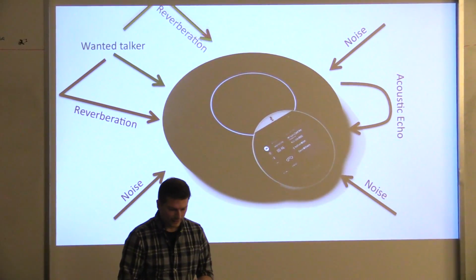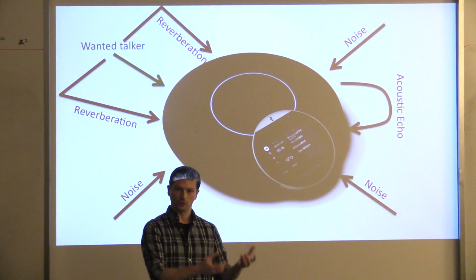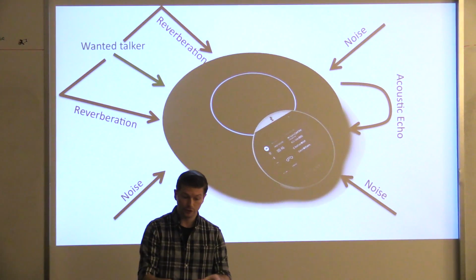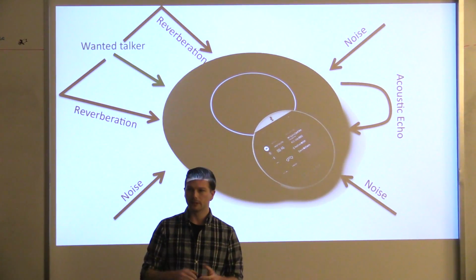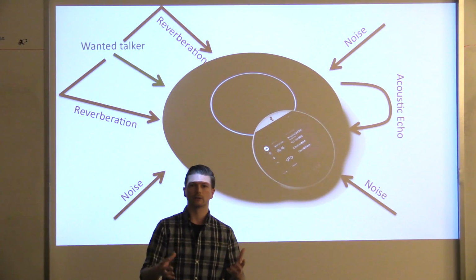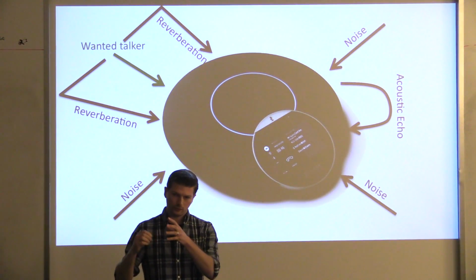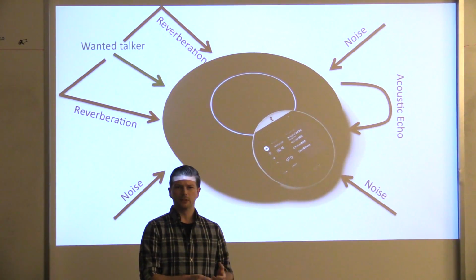The problem area is that of reverberation. Now this is a blind problem. You don't know the source signal, the talker. If you were to know this, then none of this would be an issue. And the sound gets bounced around the room, and what you end up with is a mangled version of the talker. And although we have tools for noise suppression, we have tools for echo cancellation,